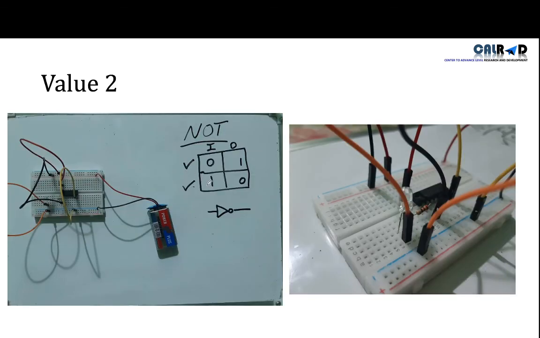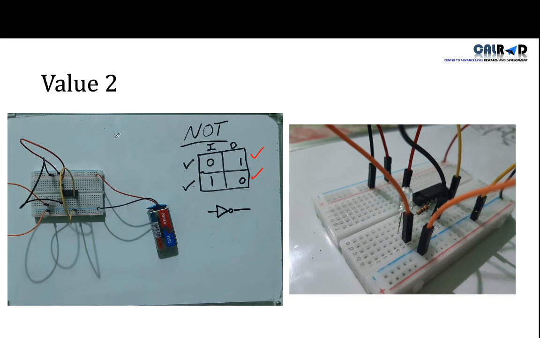This means if we give 0, the LED will blink, or the output is 1. Now we will check whether if we give 1 input, the output should be 0. So this means we will give positive current. So we put our input wire, this black wire, into the positive terminal. After putting that into the positive terminal, the LED is not blinking. So hence our second part of the truth table is also proved. The NOT gate only has these 2 inputs in the truth table, because it is an inverter. So hence both are proved.